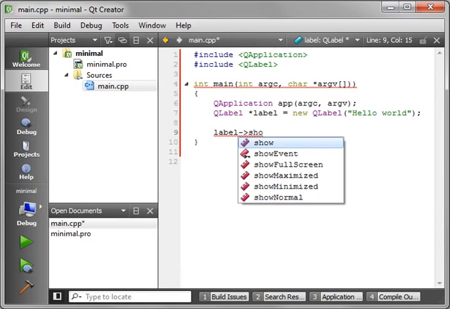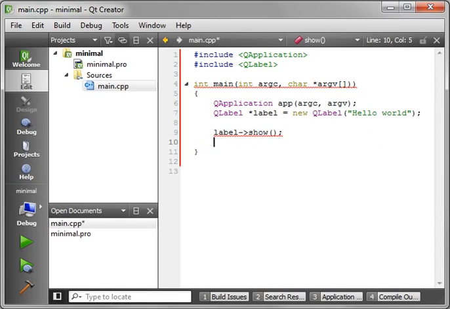Alright, and now label show. Now if you remember right, when you have a widget, remember a Q label is a widget, and you do show, and we haven't created a window, Qt will automatically encapsulate that inside of a window and show that window. And let's do a return app.exec. And what that does is it returns app.exec. App.exec is just a loop that loops over and over and over again. And it's saying here I have some sort of error. There we go. Too many little